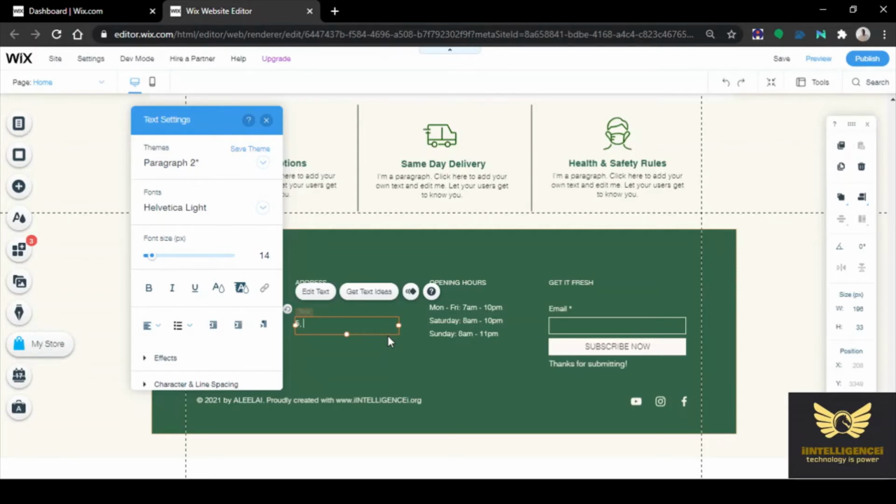Even the layout also you can change, but while changing the layout please ensure that it does not affect the professionalism of the website.